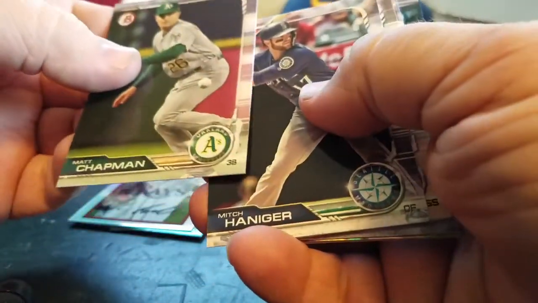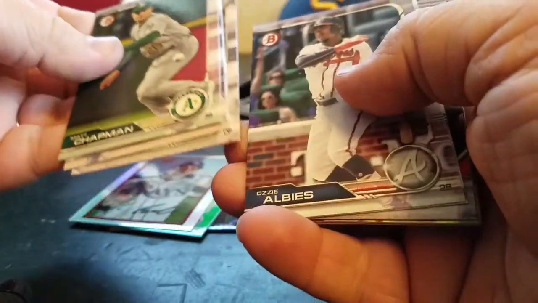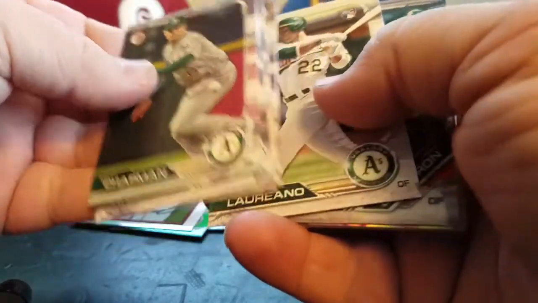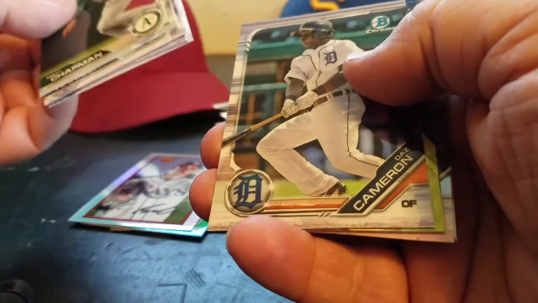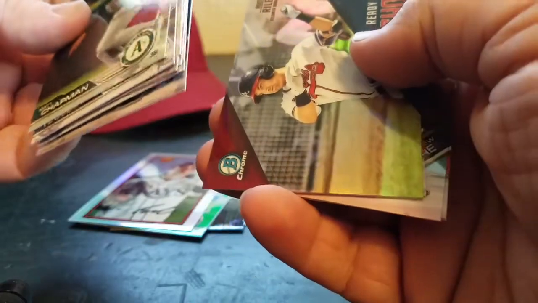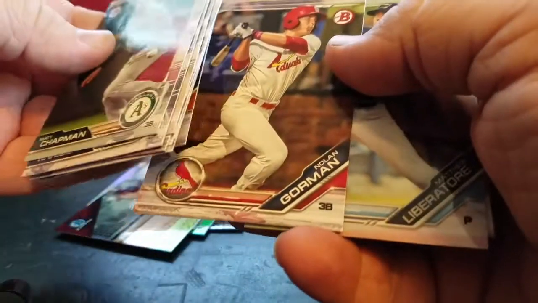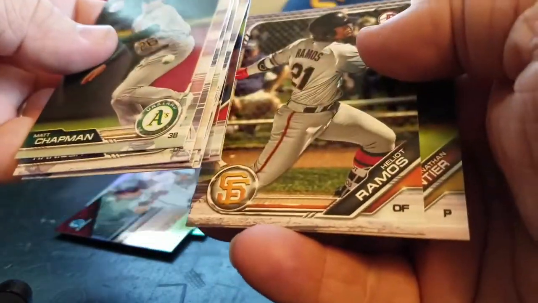Matt Chapman, Mitch Haniger, Francisco Lindor, Mookie Betts, Ozzie Albies. How many All-Stars are in this pack? Holy smokes. Ryan Lorano, Daz Cameron, son of Mike Cameron. Ready for the show. I really like these. Austin Riley. Those go in my hit pile. All right. Nick Gorman, Matt Liberatore, Helio Ramos,